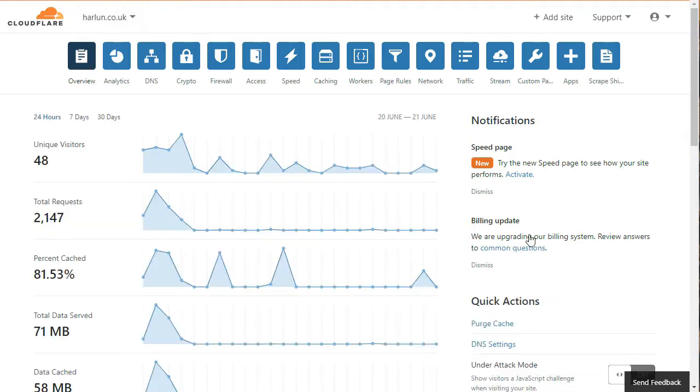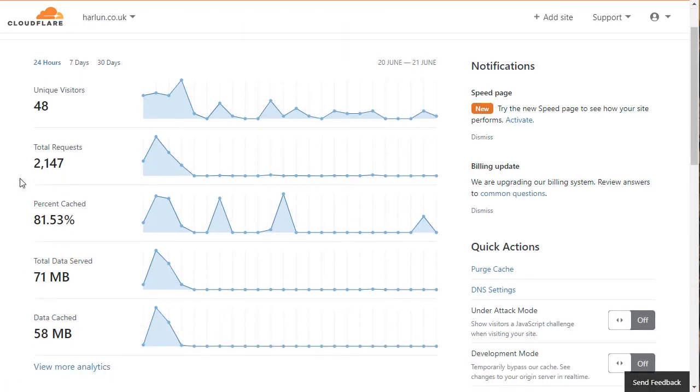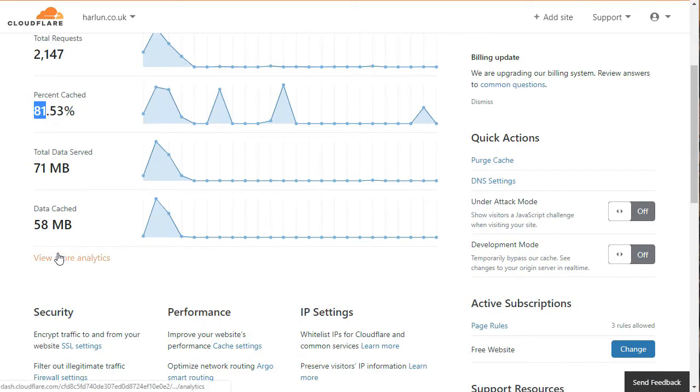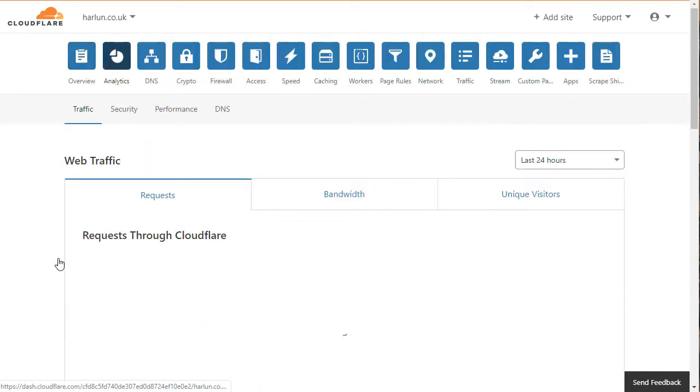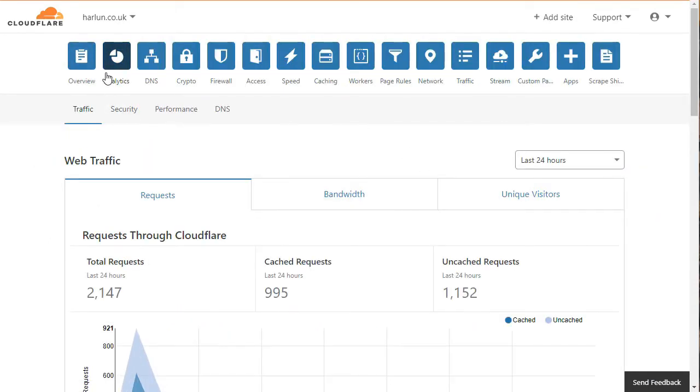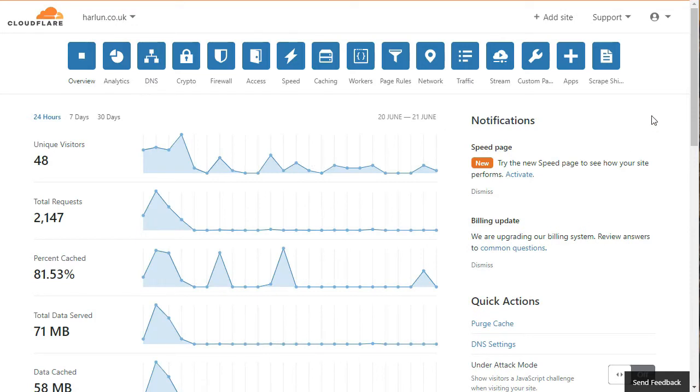Okay, this is the harlan.co.uk, and on the overview screen we can actually see some traffic details. So we can see the unique visitors, the total requests, percent cached, so 81% of the served pages were cached, the total data served, and the data that's been cached. There's a link here for View More Analytics, which we can click on, and it basically takes us over to this Analytics tab. But before we go over to there, let's go back to the overview,